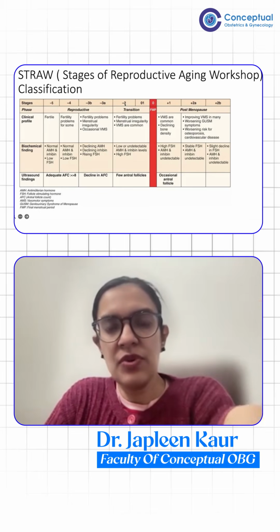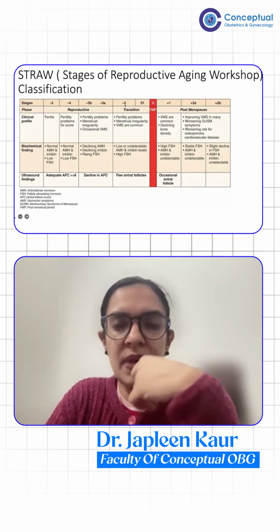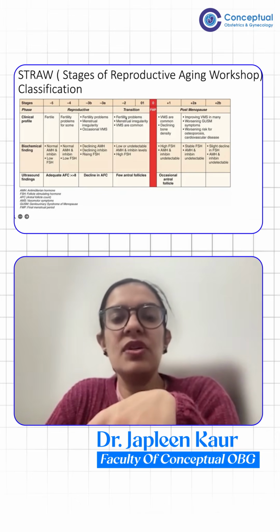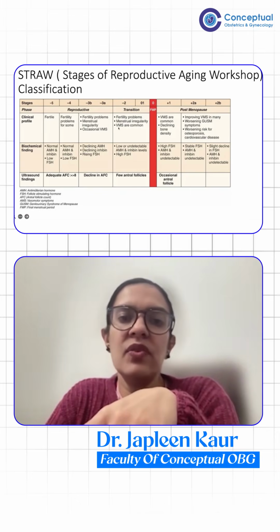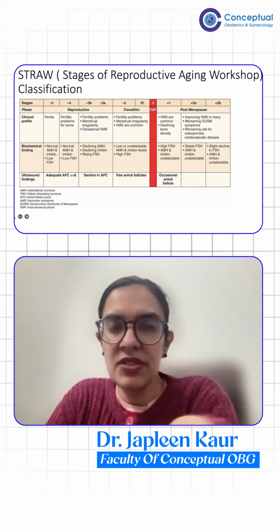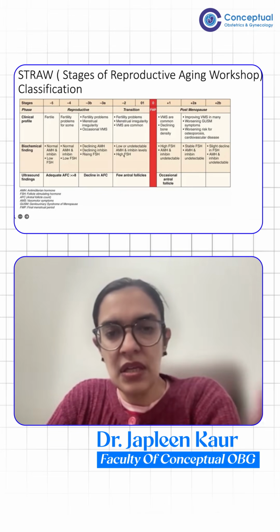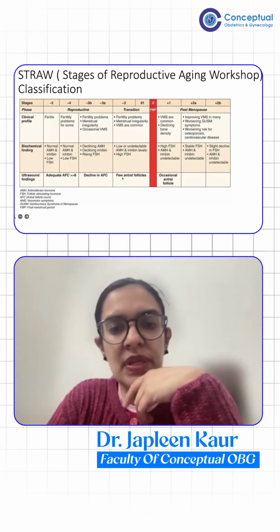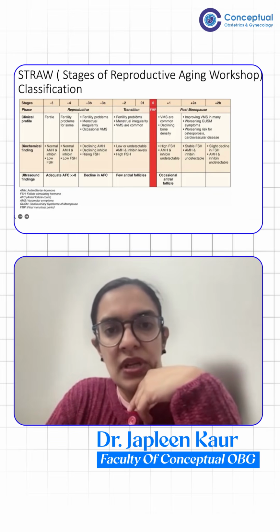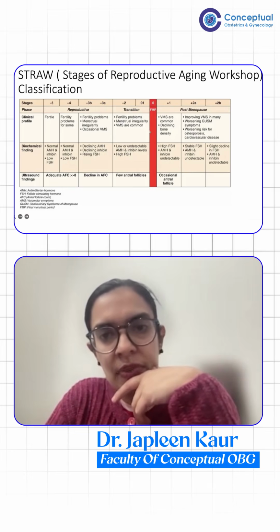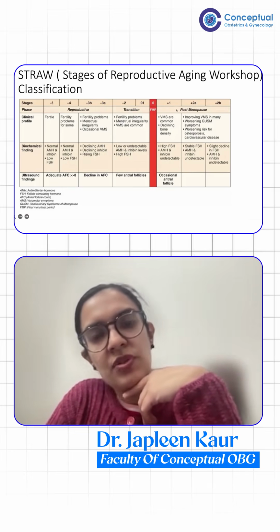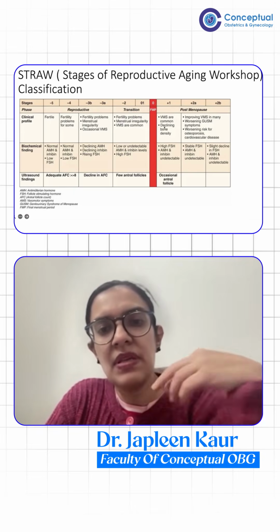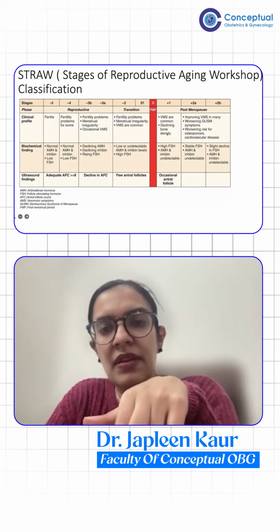Then just before this stage, the -1 and -2, just before the final menstrual period, there are more exaggerated fertility and menstrual irregularities. Now VMS have started. In the transition period, vasomotor symptoms will start. And biochemically, now you'll find high FSH, low AMH, few antral follicles. So ultimately, they'll have the final menstrual period. After that, the postmenopausal phase. So in the initial postmenopausal phase, there is VMS and the start of declining bone density.